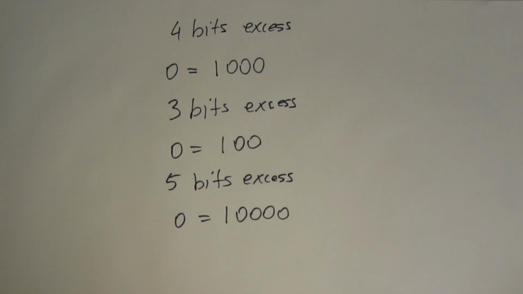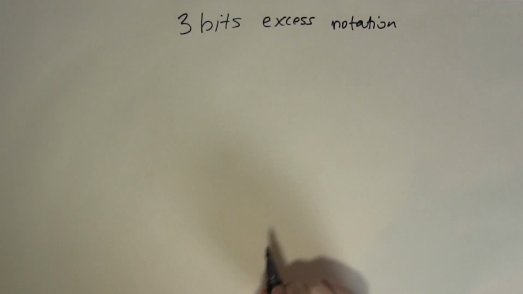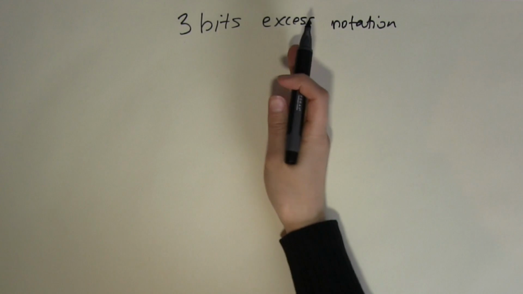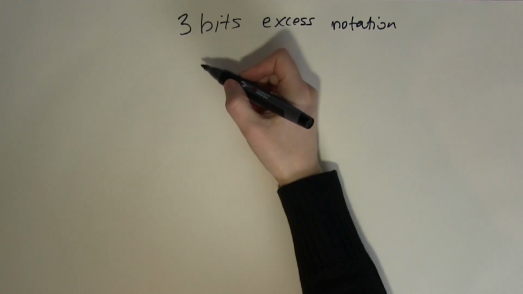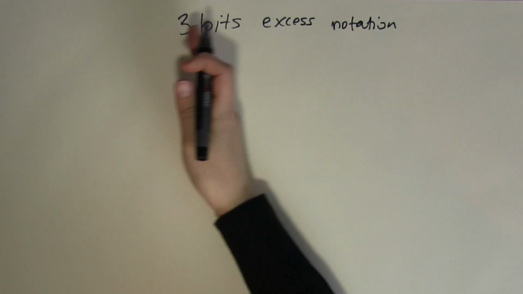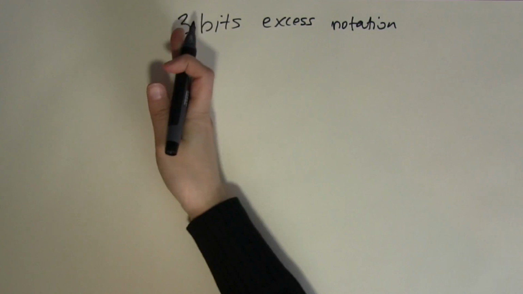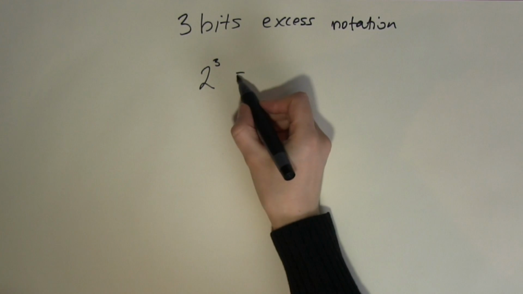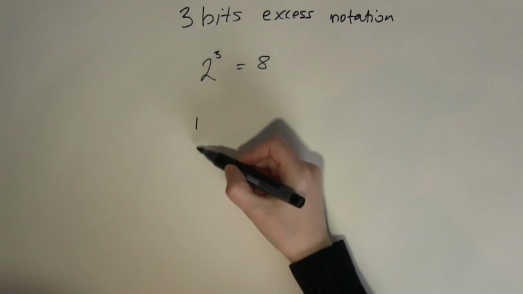Now, let's see how we can build up the excess notation. Let's start with a reasonably simple example. Let's talk about the 3 bits excess notation. So, because we're talking about 3 bits, we have got 3 place value units. The easiest way I can build up the whole notation here is remembering that I have got 1 and 0, which is 2 different bits. And if I wanted to build up 3 bits length units, then what I can make is 2 to the power of 3, 8 different variations, which I can easily build up by placing 4 ones,